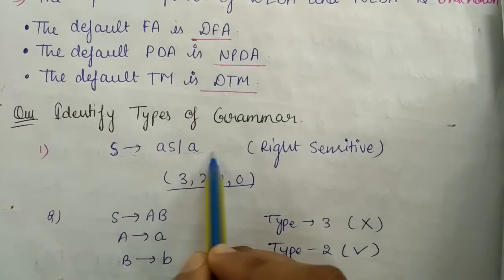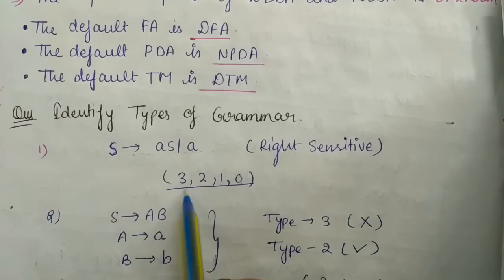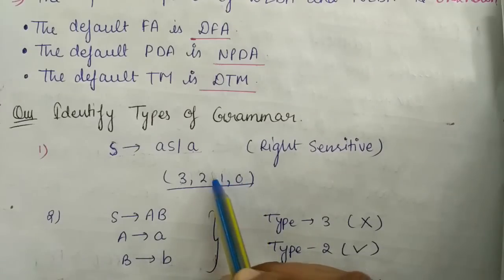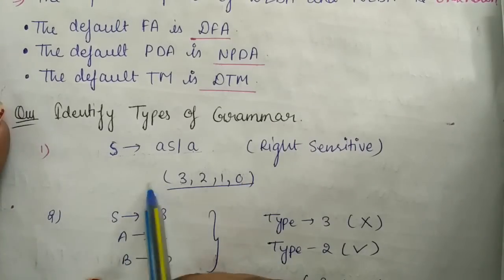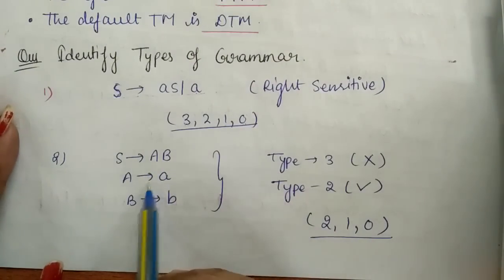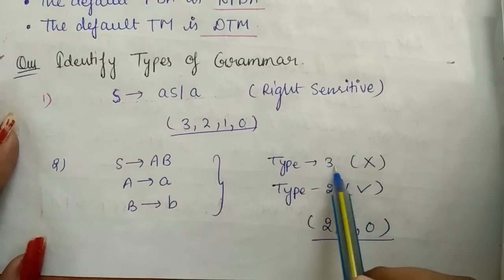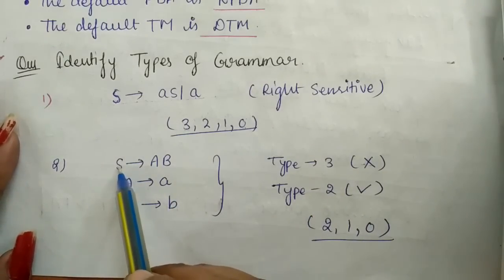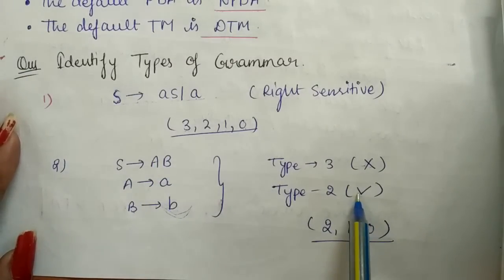Okay. So this grammar is right linear grammar. So this is the regular grammar. If the grammar is regular, then automatically it is a CFG, context sensitive grammar and unrestricted grammar. So it will be of all the types. Now the second one is this grammar. Is this grammar left linear or right linear? No. So it is not of type 3. So we will check for type 2. Yes, it is of type 2, because we have only one variable here and we can have anything here. So it is of type 2. If it is of type 2, then it will be of type 1 also, and it will be of type 0 also.